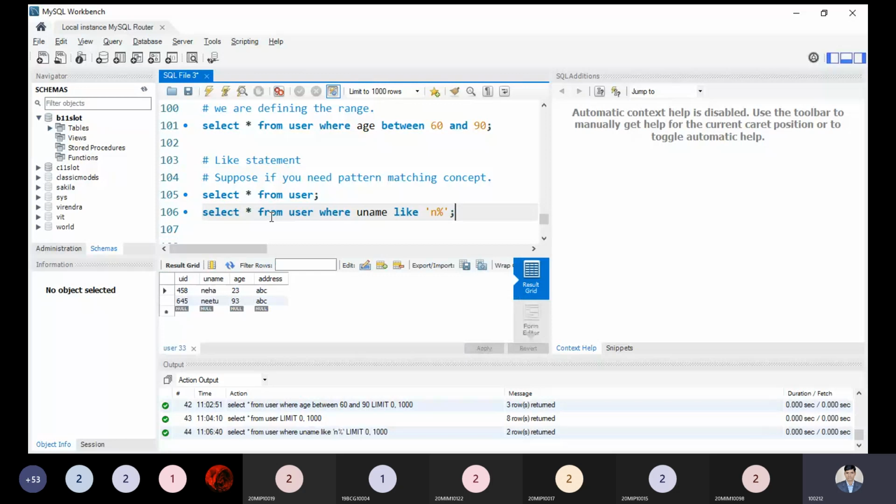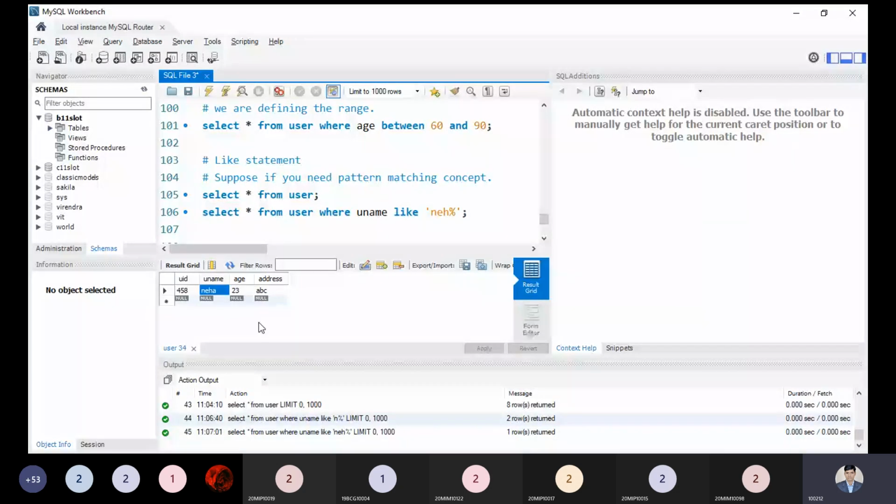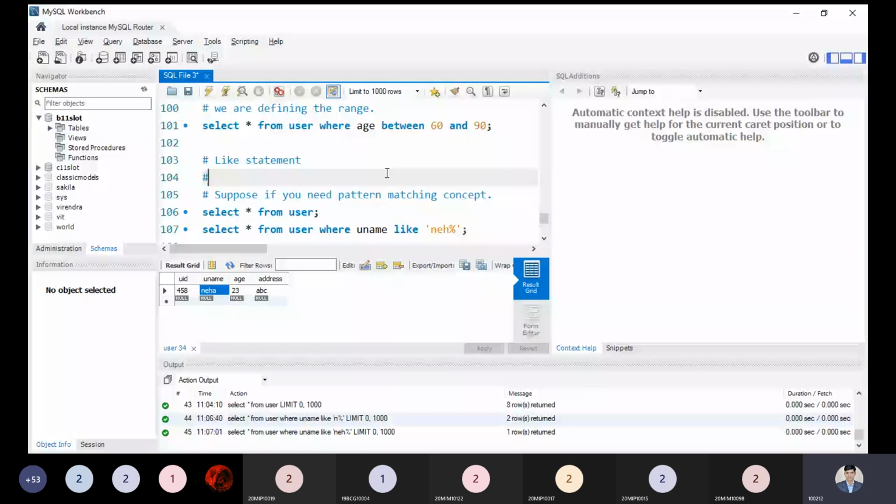So you will be able to see n is matching with this point, so we are getting this information. Now if I'm updating this information, the first three letters should match with this one. So here the student name could be Nehul, Neha, and Nehar, something like that, could be anything. If I'm trying to do this statement now, only one record will be written over here. That is a point we have to keep in mind, and that is known as pattern matching. So the LIKE statement will be used for pattern matching. If we need the pattern matching concept, then the LIKE statement will help. This is mostly used for pattern matching.